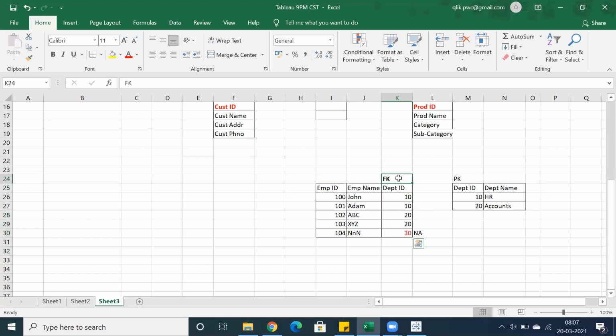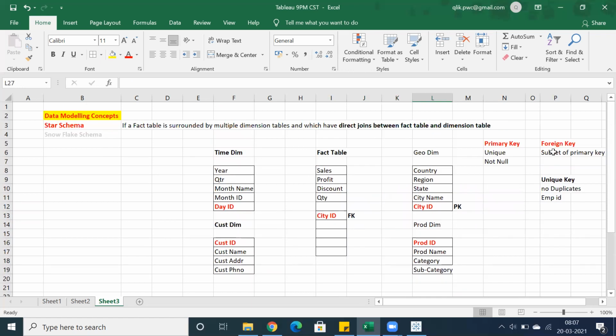So whatever data is present in the primary key, it will allow only that information in the foreign key. You can see some duplicated records here, but they're not actually duplicates because we are referring to a particular employee's individual information. But this is very important.